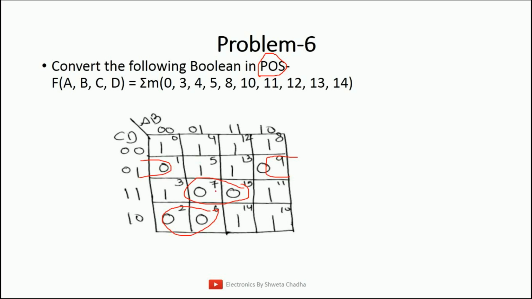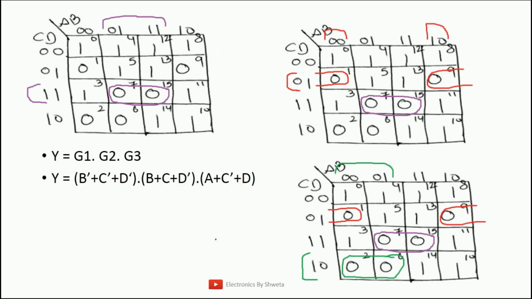Some of the students are going to make a new group having block 7 and block 6, which is wrong. Why? Because block number 7 and block number 6 are already being occupied in some other groups. This will just unnecessarily increase the number of groups. As already discussed, number of groups must be minimum. So the final answer will have only 3 groups. Let us start writing down the answer. Group number 1, group number 2 and group number 3. So as we are supposed to write down the answer in POS, product of sum, G1 dot G2 dot G3.